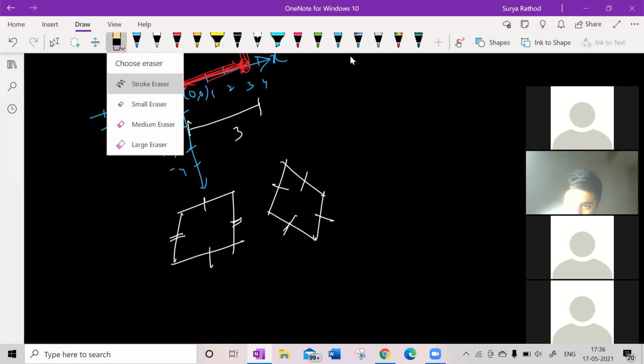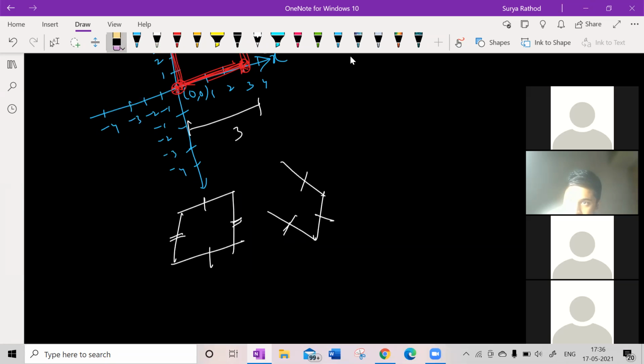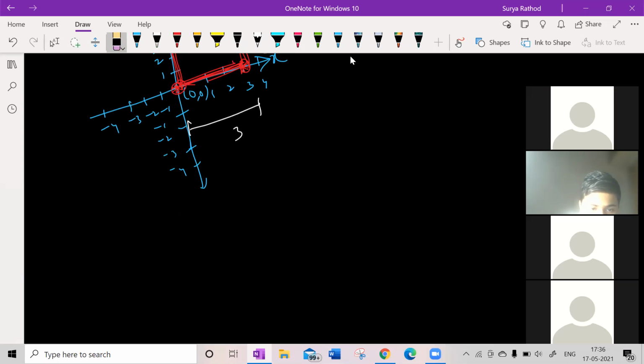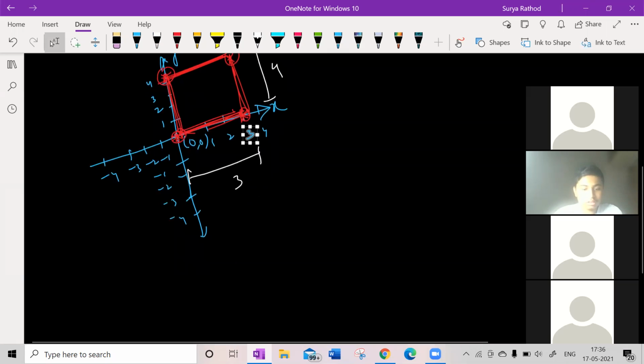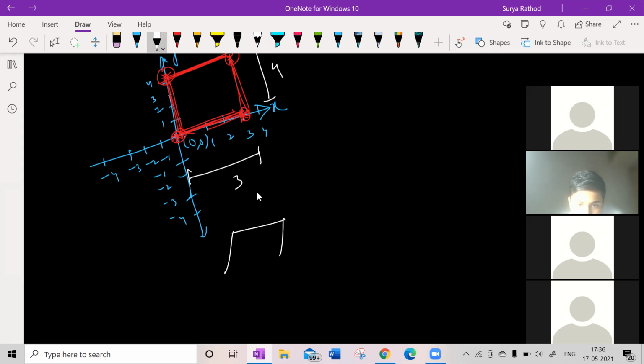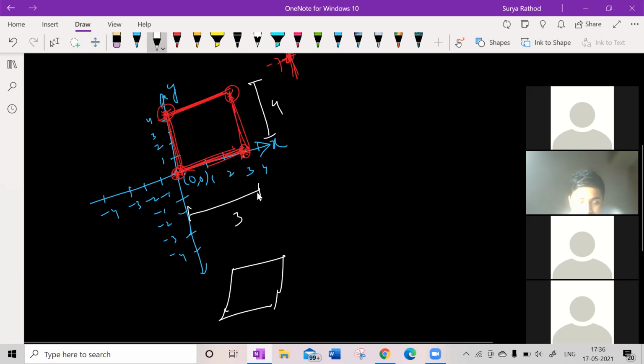See, in rhombus all sides will be equal. What was your answer? What kind of diagram did you get? I got a parallelogram, sir. Parallelogram will be like this, right? How come you get like this from the given coordinates? Tell me. Not for this question, sir, for another question. Okay, cool. Let me check, 1 second. We'll go through this.